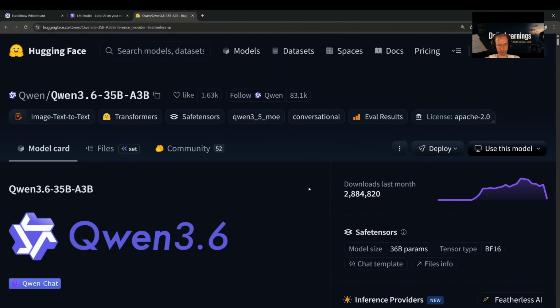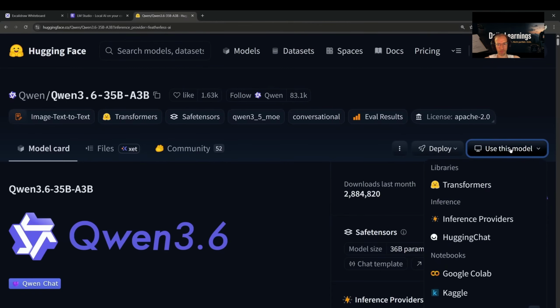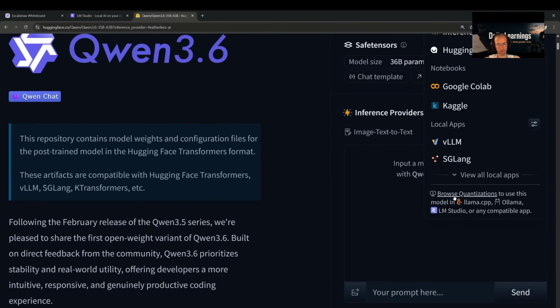Once you find a model that you want to work with, you're going to click on that model, and you can see over here where it says use this model. Click on that, and if you scroll down, you'll see this section at the very bottom that says browse quantizations. This is going to give you the smaller versions of those models, because